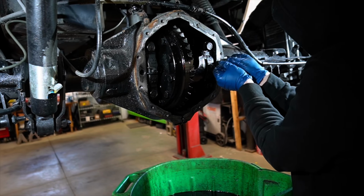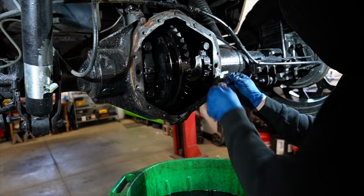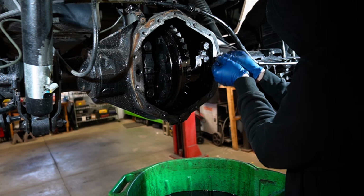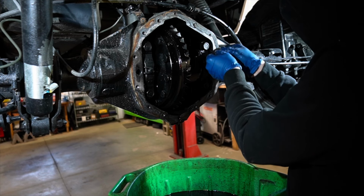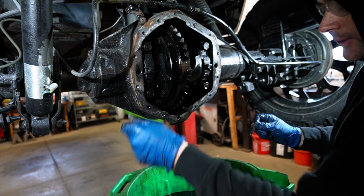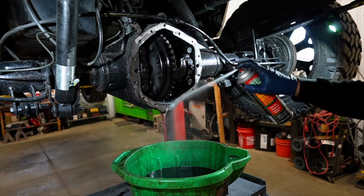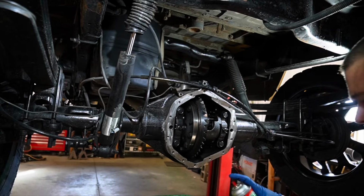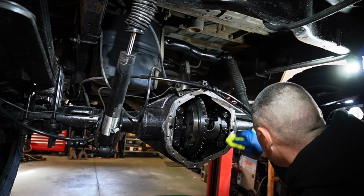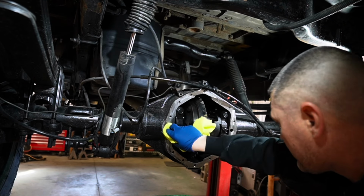This gasket material can be a pain to get off. I use this tool to get all the big stuff off, and then just a razor blade, something simple, to scrape all that gasket off there. Usually comes off pretty quick. Spray a little brake clean on a clean rag. Just go over the surface, make sure everything's clean, oil-free, and dry before I apply this